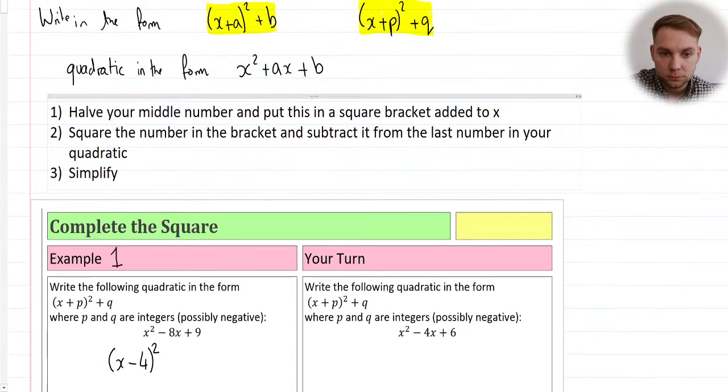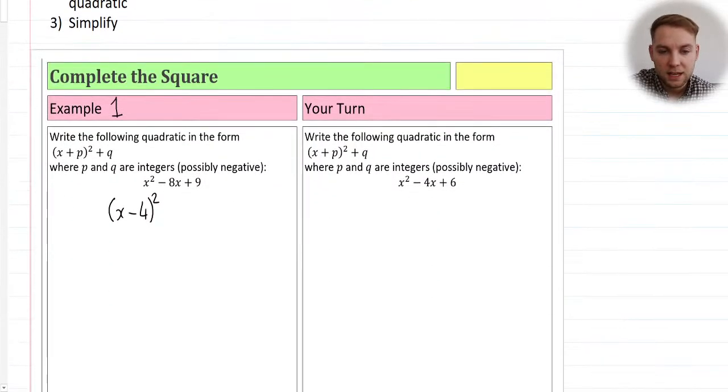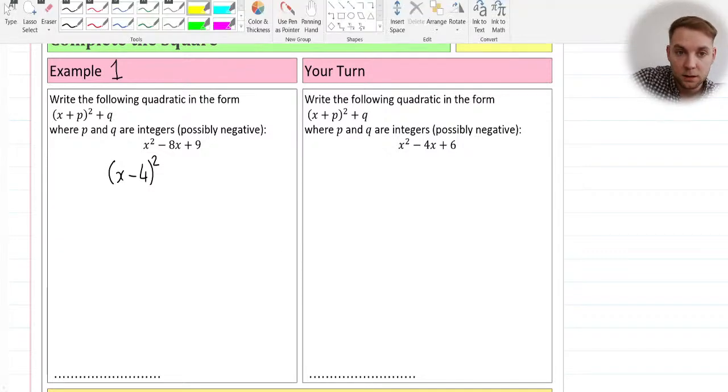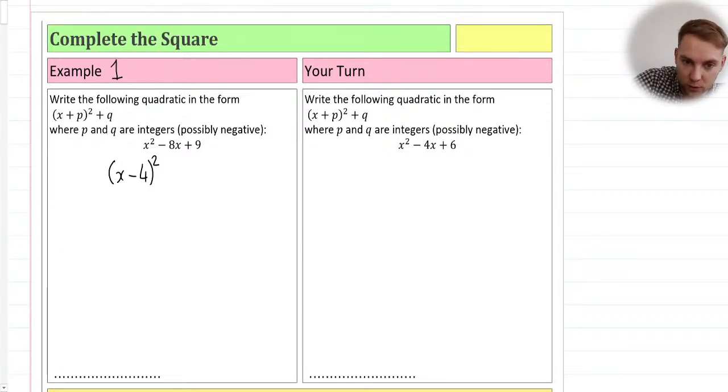Now the next part says to square the number in your bracket and subtract it from the last number in your quadratic. This is the number that we're going to be squaring. Remember, it doesn't matter that it's negative, because anything squared is positive. Minus 4 times minus 4 is positive 16. So if I square negative 4, it's 16, but I always subtract it. So minus 16